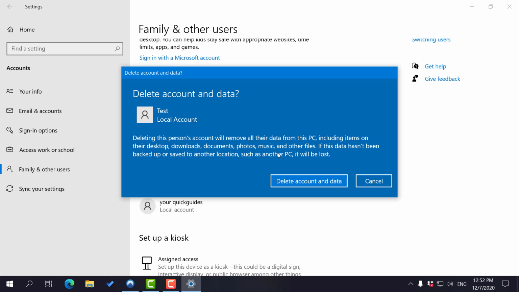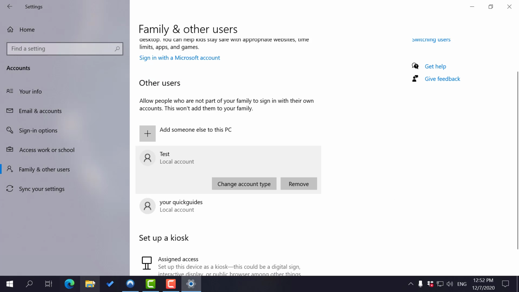Deleting this person's account will remove all their data from this PC, including items on their desktop, downloads, documents, or music. If this data has not been backed up or saved to another location, such as another PC, it will be lost. So it is a good idea to save any data that you might have in there. And by that we mean,